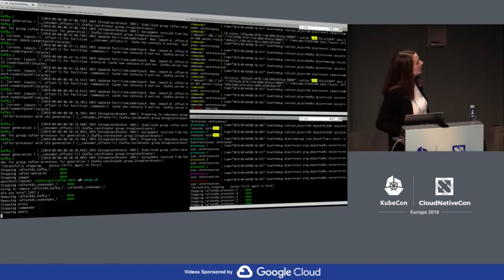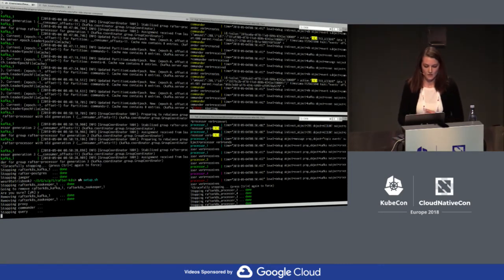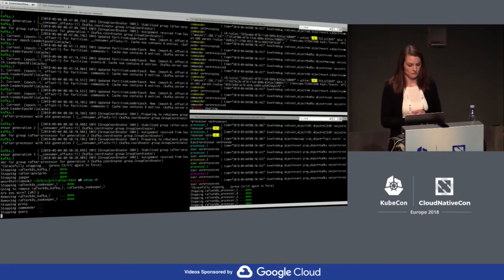So in the left pane here, I'm starting up everything with a clean slate. I'm cleaning out Jaeger, cleaning out Kafka and Zookeeper. And while this gets started,